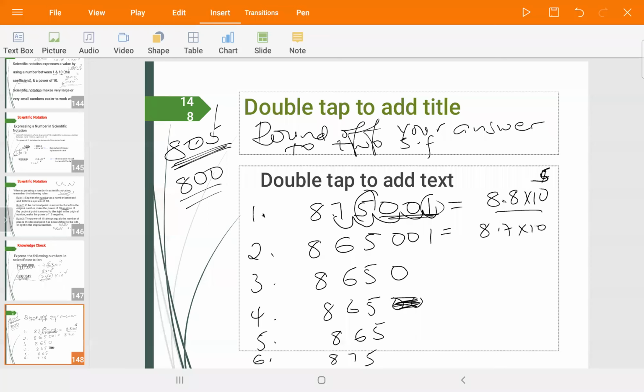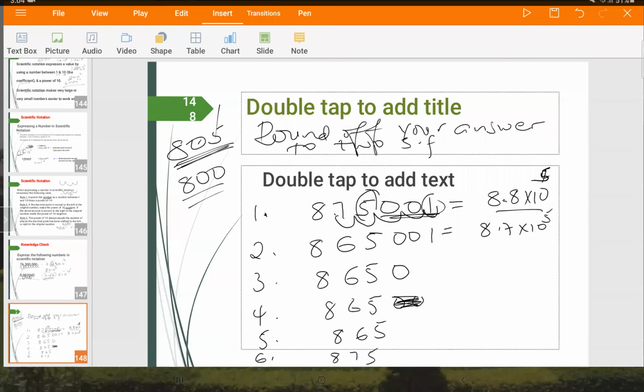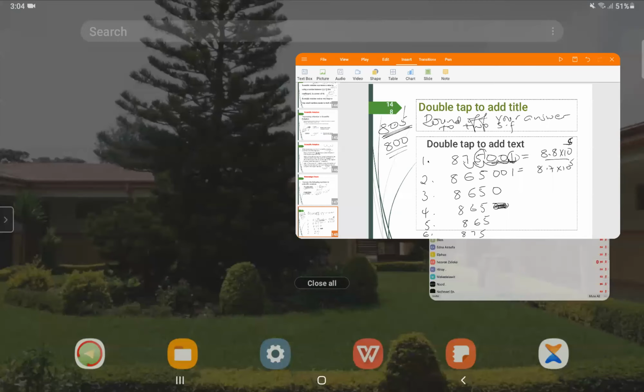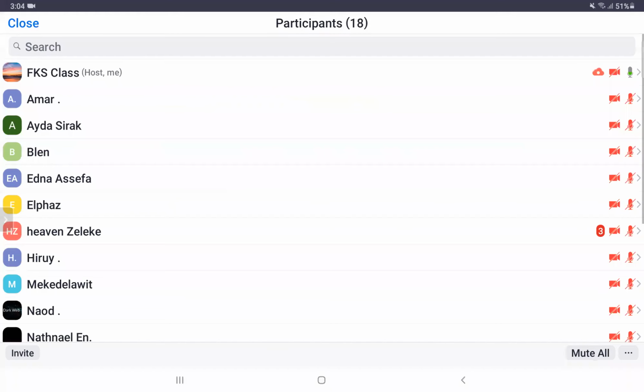Exactly ጎበዝ. Excellent ስለዚህ ትክክል ነች 8.7 ምክንያቱም 5 is followed by non zero ማለት ነው። ስለዚህ መጨረሻ ላይ አንድ ስላለች።